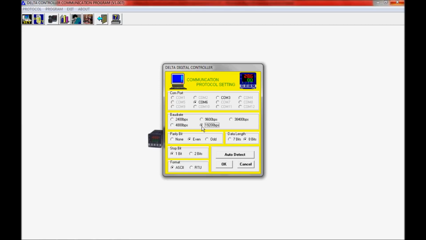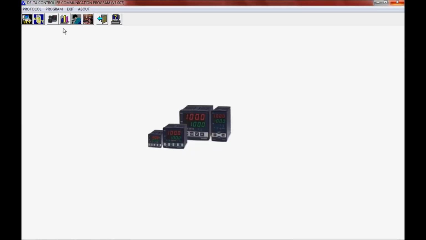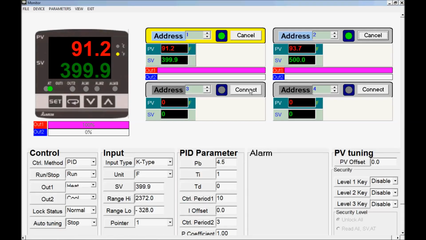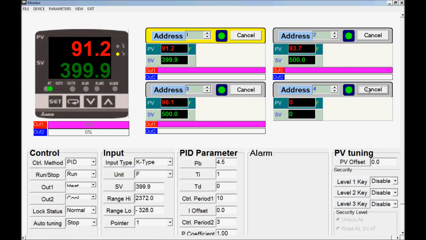So we need 19200 bits per second, parity of none. We'll leave the data length at 8, stop bits at 1, and format is going to be RTU. Now we'll click OK, and that will save them settings. Come back up here, click on our controllers, and you can see the controllers are communicating. You have values in the field,